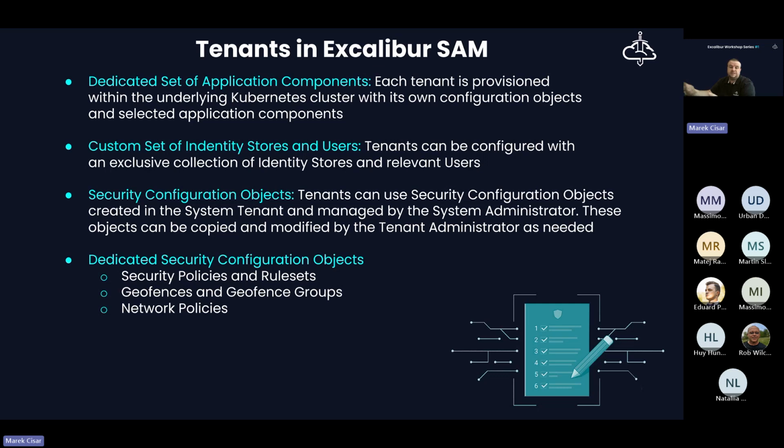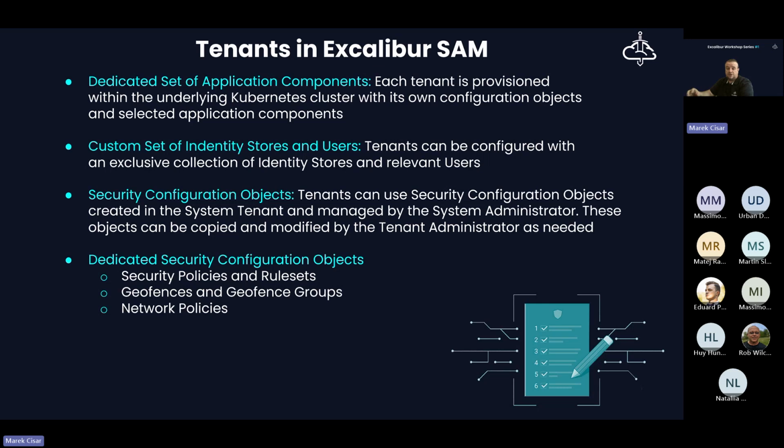We call that the system tenant, or tenant zero. Some of those configuration objects related to security can be managed only by the system administrator, and the rest can be configured by the tenant administrator himself.